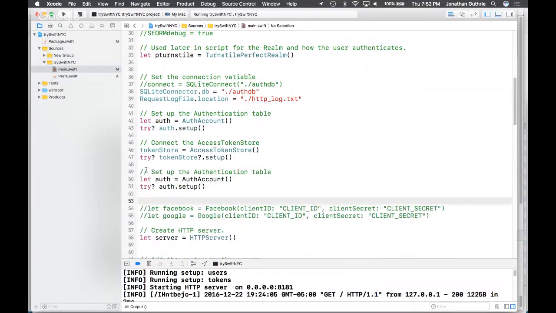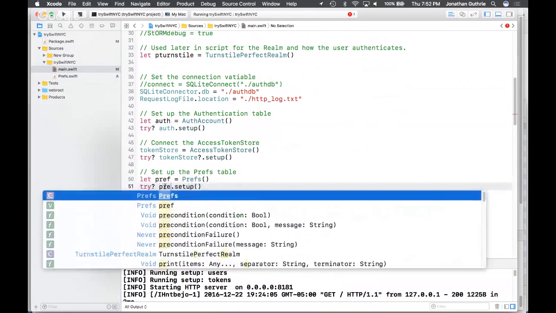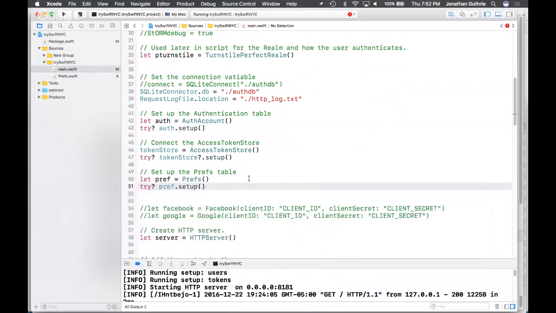So I've just gone and copy pasted: preferences table, let pref equal prefs, and then pref setup. That's all we need to do to make sure that when the application starts, there is a preference table that exists.